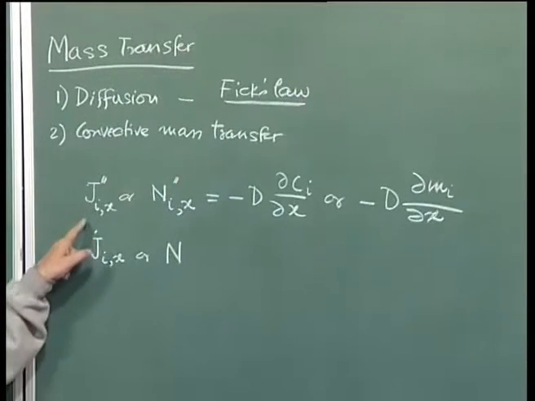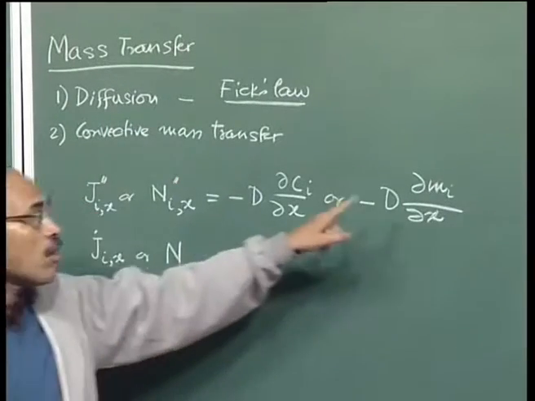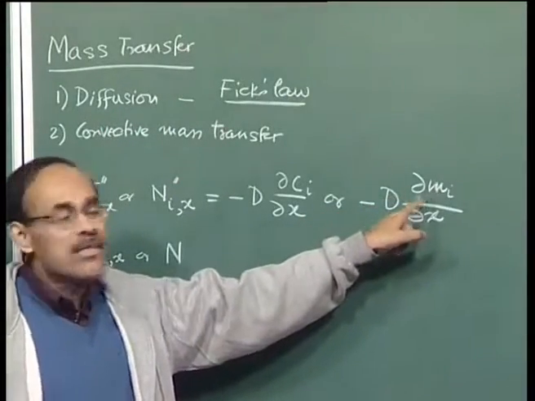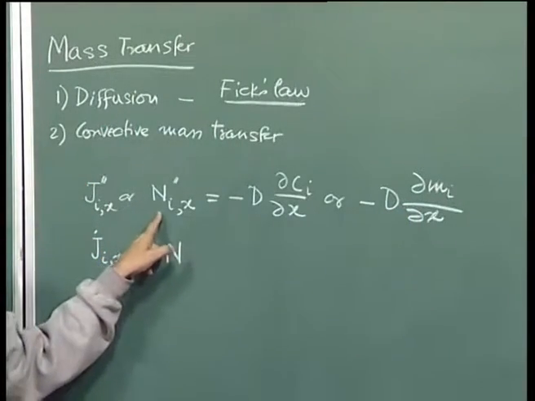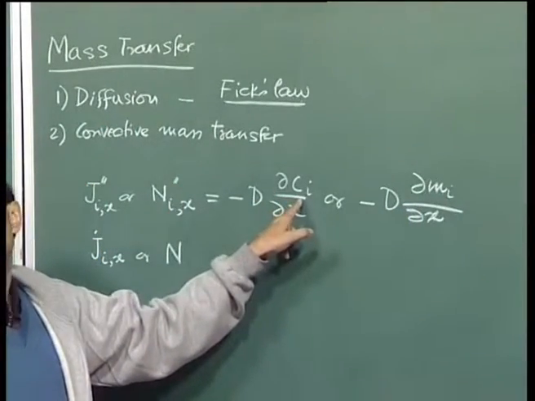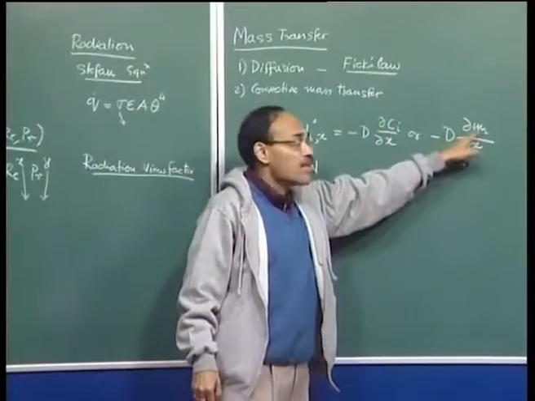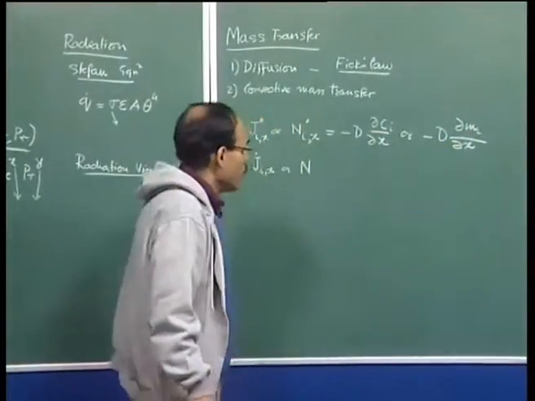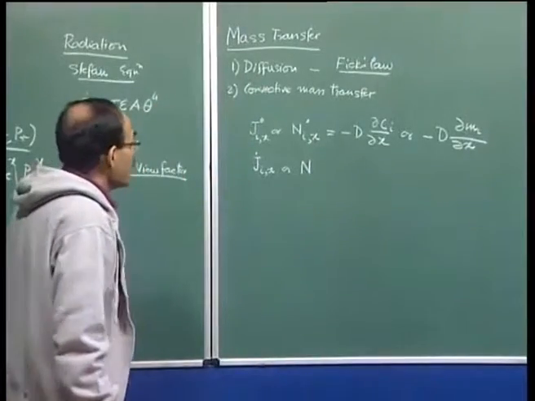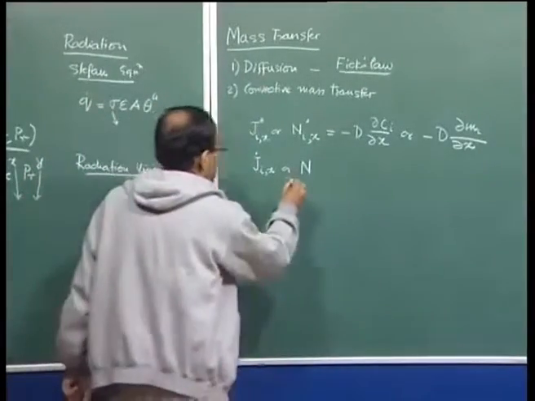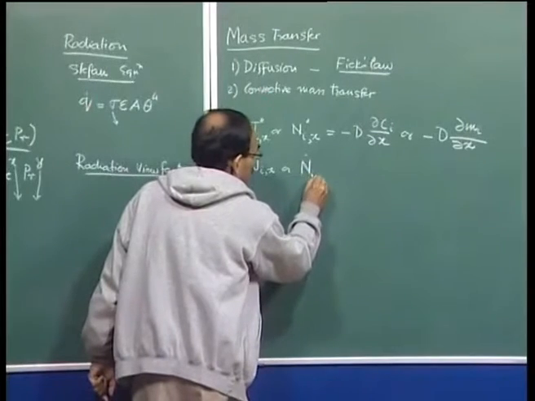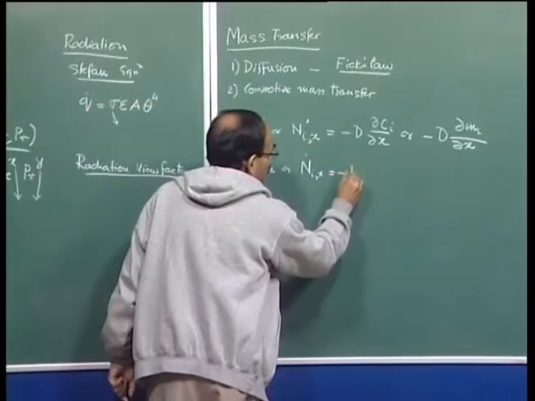When you are talking about mass flux, we are talking about concentration in mass units. When we are talking about molar flux, we are talking about concentration in molar units. So this is moles per centimeter cube or moles per meter cube. This could be mass per unit volume, which is essentially equal to density, or dimensionally equal to density. So therefore this is going to be equal to nothing but area